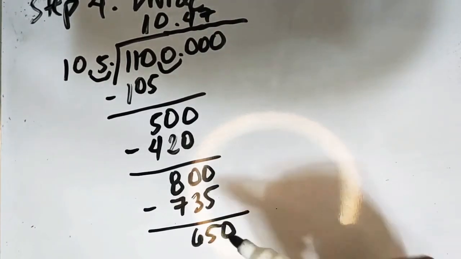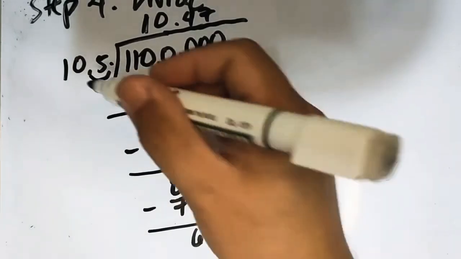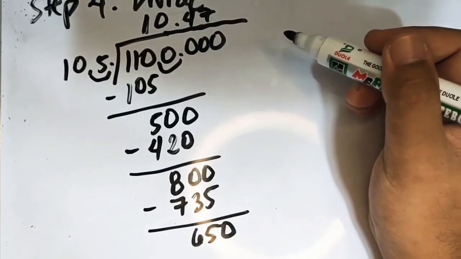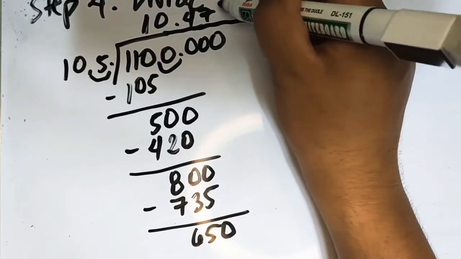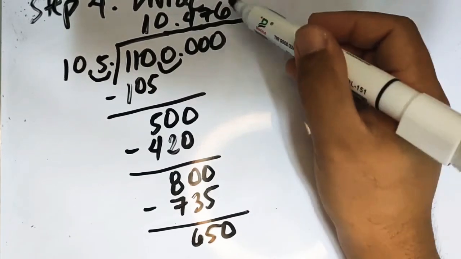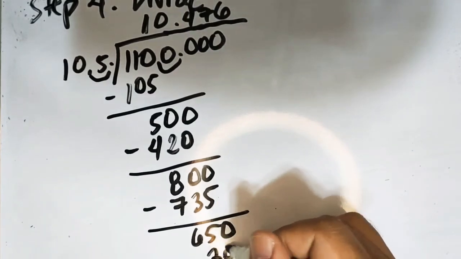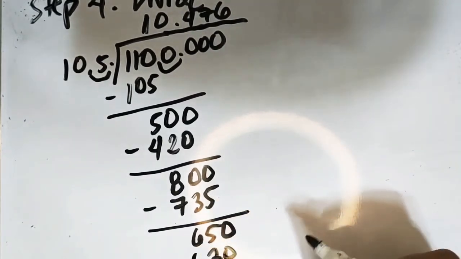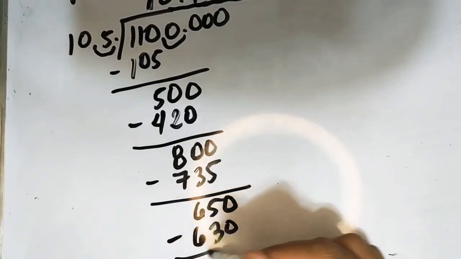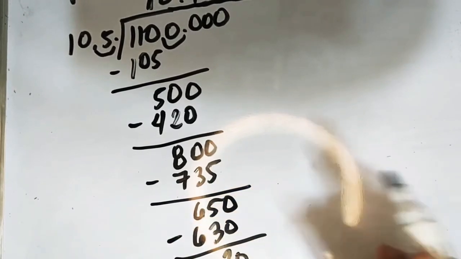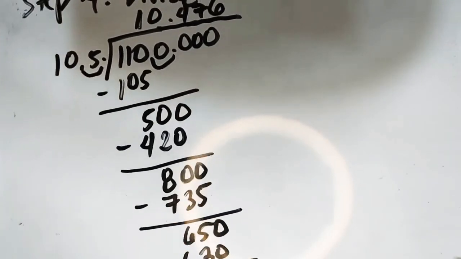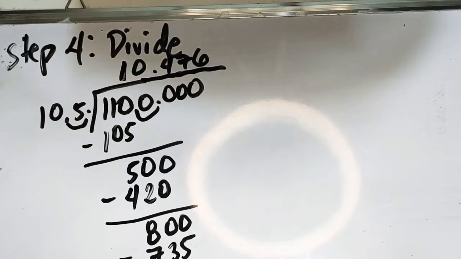So let's add 0, 650. 650 divided by 105 is 6. 6 times 105: 6 times 5 is 30, and then 6 times 1, okay, 630. So meron pa rin tayong denominator na 20. Okay, so stop na tayo since meron na tayong